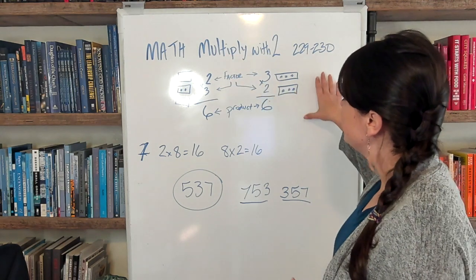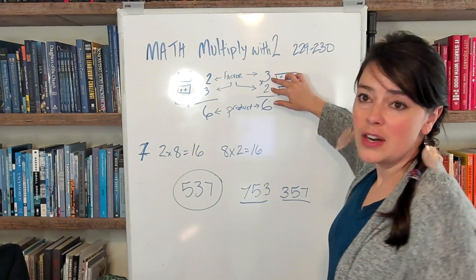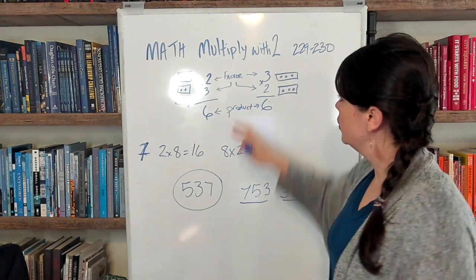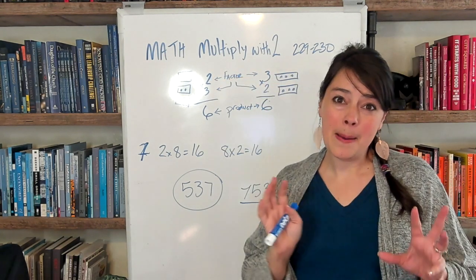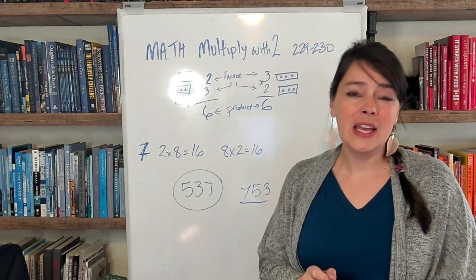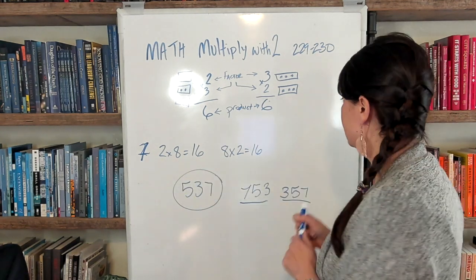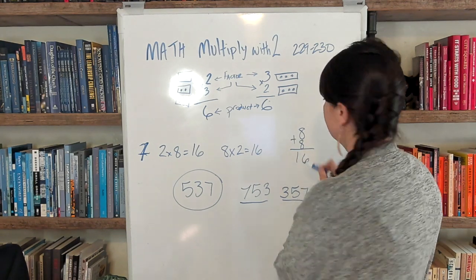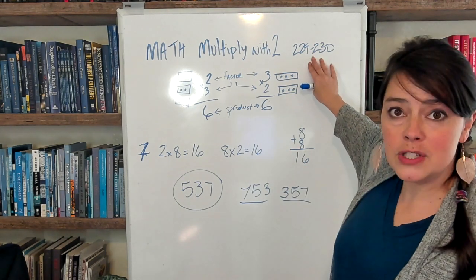So when we multiply with 2, they're reminding you that these numbers here are called the factors. What it comes up to is the product. When you're using the same factors, it's called a related multiplication fact. And when you are multiplying with 2, it can remind you of doubles addition. If you turned this, 2 times 8 equals 16, into doubles addition, you'd have 8 plus 8 equals 16. Okay, so those are the things you're going to be working on in your homework today, which is page 229